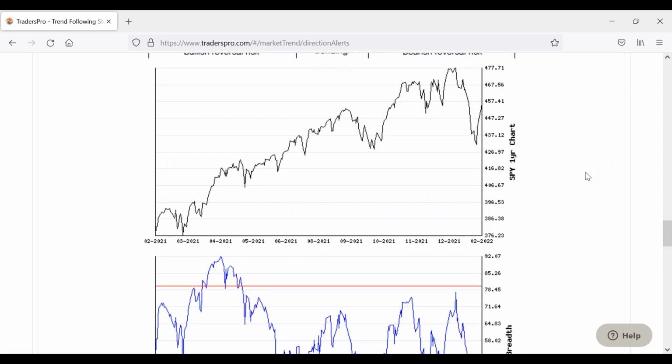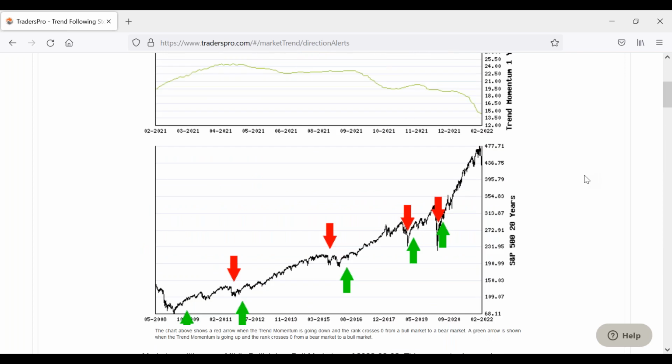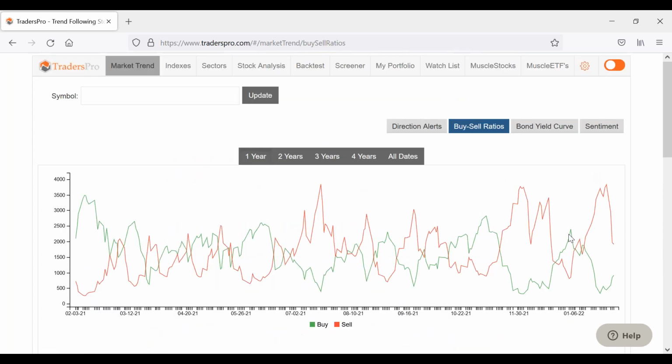All right, so let's move over to the buy-sell ratio chart here. You can see the sells have come way down. Buys have moved up a little bit. Notice how the buys haven't moved up very much, but the sells have moved way down right here. This is really a reflection. This typically happens when you get to these extreme levels and you start to get a shift. What this is telling me is there are a lot more stocks moving from sell to hold than are going from hold to buy.